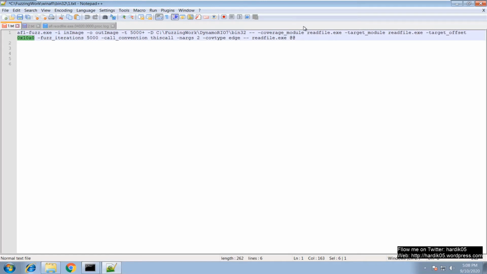So one thing to note over here is the difference between coverage module and target module. This is where most newcomers get confused. The difference is very simple. The coverage module will be the name of the module which contains the functionality you want to fuzz. For example, in our case, it is the same, read file.exe. Both are the same, because all the functionality is